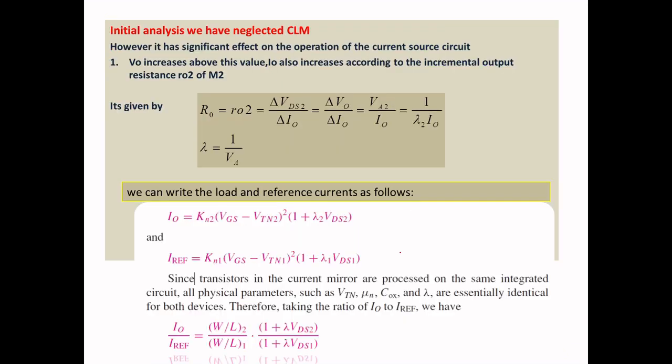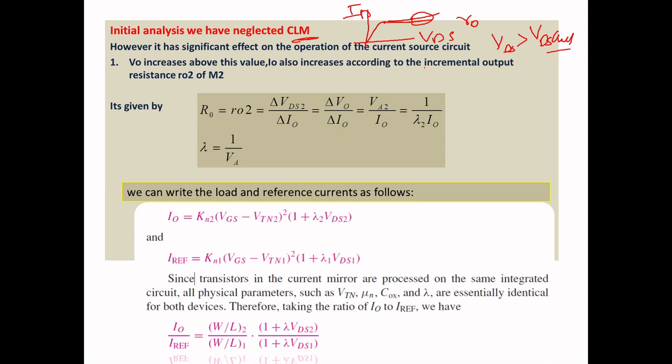Okay, in the previous case I have not considered the channel length modulation. See, if you do not consider channel length modulation, this is your VDS voltage, this is your ID. So you will consider that as flat, that means with respect to VDS, the ID is constant. There is no change. But there is a chance that when VDS is greater than VDS saturation, there may be some slope. That slope can be represented as the change of output resistance.